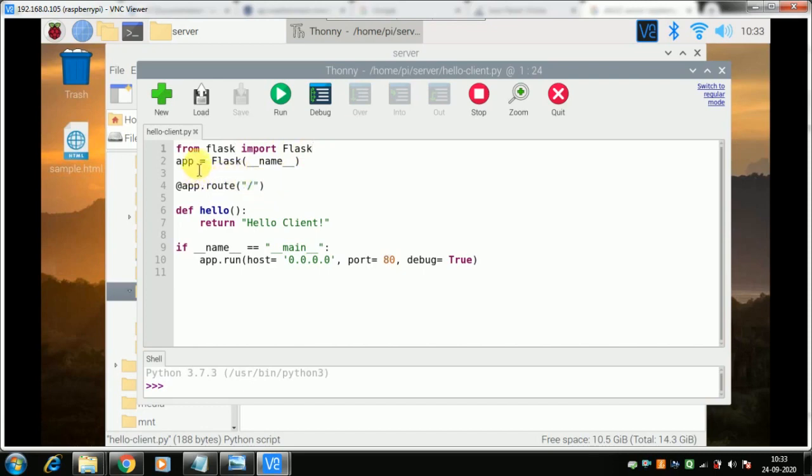Okay, then you create an app which is an object of this class, called Flask name. We will be using the default name as a parameter. Then you define app route, meaning if someone is asking for the root folder, so this slash only, the client will only type the IP address and nothing more. But you can send the client to a different route by adding a location.